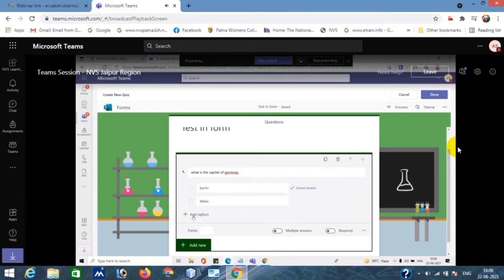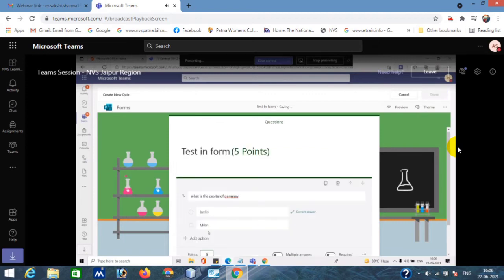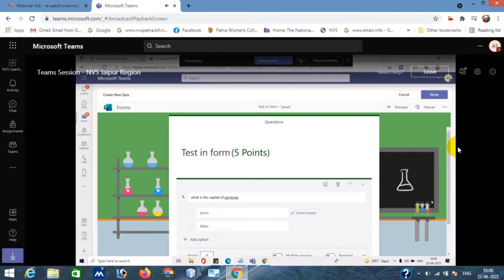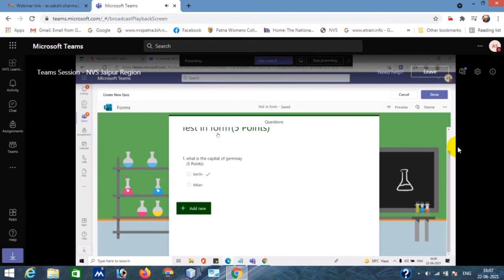So here, if I am choosing just two options, and if you want to add more options, you can click on add option. Here you can mention the point. Point means whatever marks you are going to provide for this question. Let's suppose I'm mentioning 5 points, right? And why? Because if I mention the point here, once the student attempts this question and I have mentioned the correct answer, the system will automatically check the answer and provide the points to the student. There is no kind of intervention required from the faculty. So this is the beauty of Microsoft Forms, right? So whatever question you are creating, you can mention the point and the correct answers, and the system will automatically check.